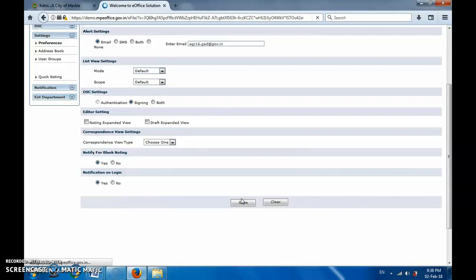Here it is important that currently I am showing demo software just for learning, and in future when we need to work on live website, live server, our login will come with our names. Like I have taken Mr. Dinesh Vishkarma's DSC. When he will receive his username and password for e-office login for Katni district, then he will be able to do these registrations and setting procedure in his personal login in the live website.